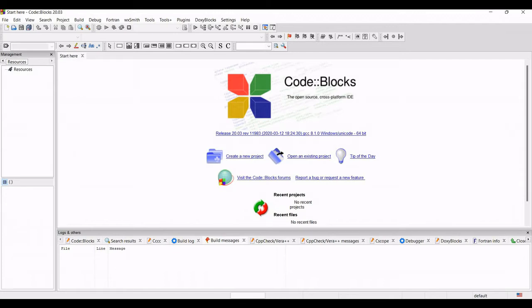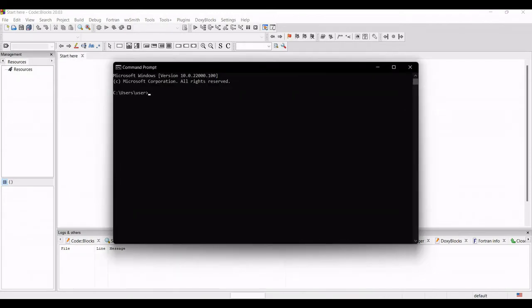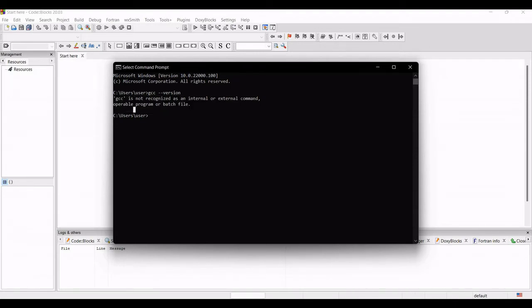And now I just want to set the path of Code::Blocks in our environment variable, by which the command prompt will be able to recognize it. So now if we open the command prompt and check for the GCC version, it says GCC is not recognized as an internal command. GCC is the compiler name by which we can compile and run our C program. Without the GCC compiler we will not be able to run our C program. So how will the computer understand the GCC compiler?